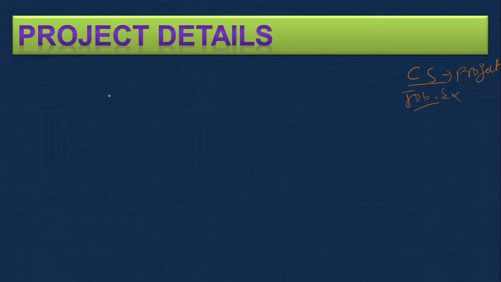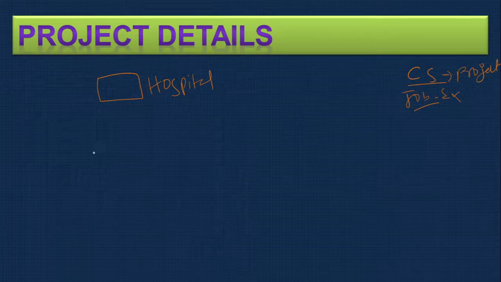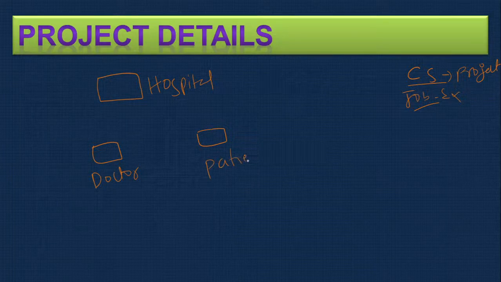Now, what are the options we can do? Because we know this is a hospital. Here are two important components. One is a doctor, who comes to the hospital. The other one is a patient, who will visit the hospital. Then the doctor has to see the patient, and whatever reports are needed will be generated online and everything will be stored in the web server.